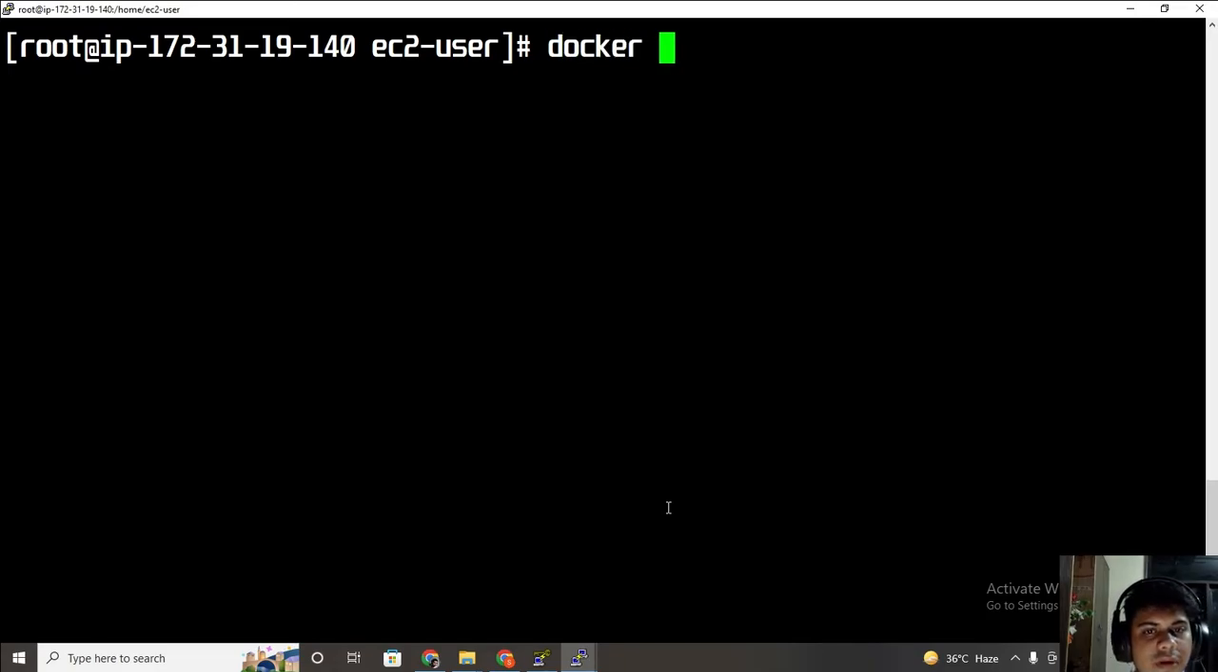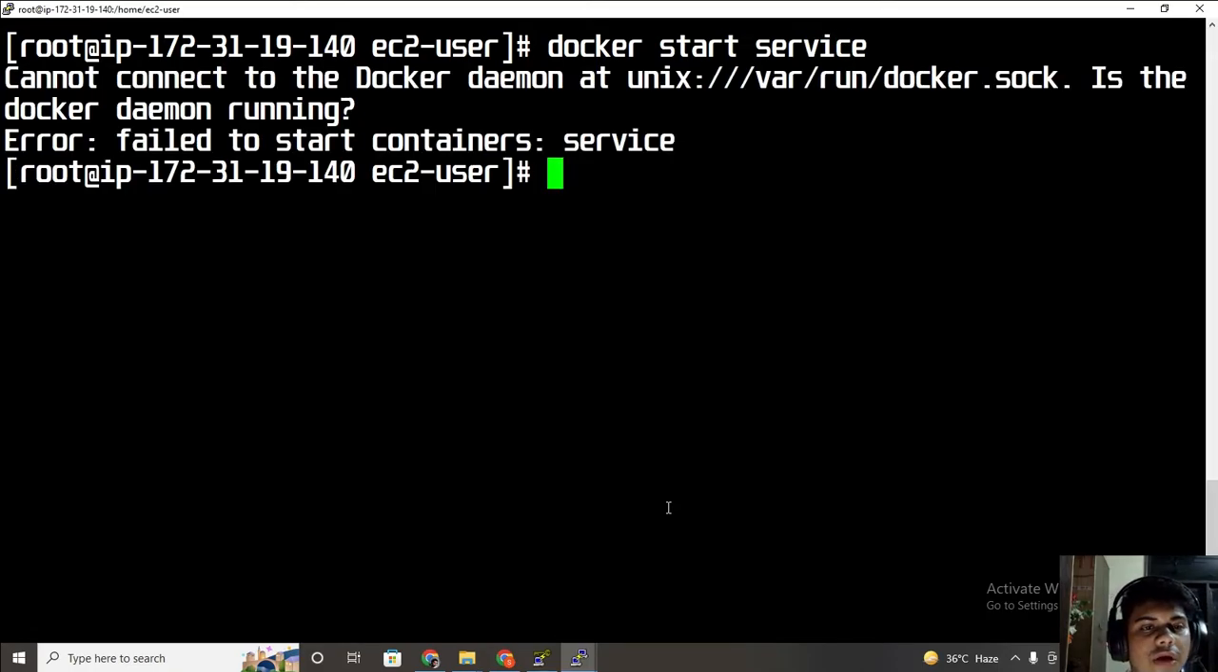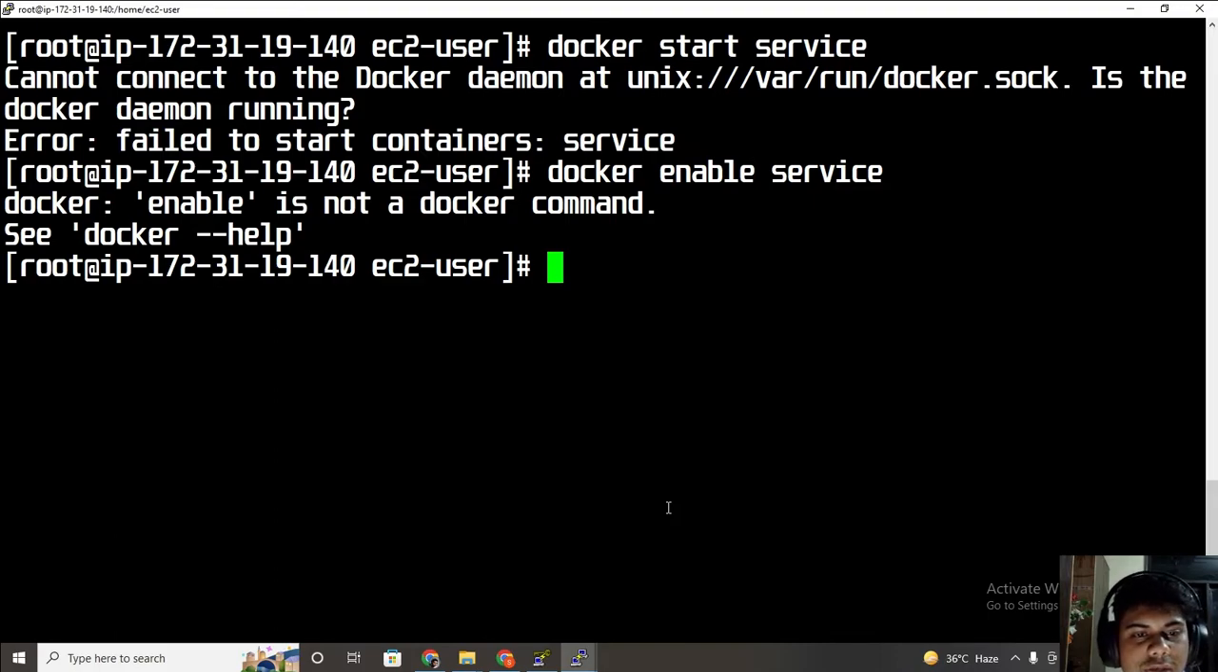Docker start service. I think this is the command. This is the right command. Service. Okay. Cannot connect to daemon at Unix. Error, failed to start container. Why is this happening? Let me enable it first. Enable. Docker enable is not a Docker command. Let me try again. I think the command is service